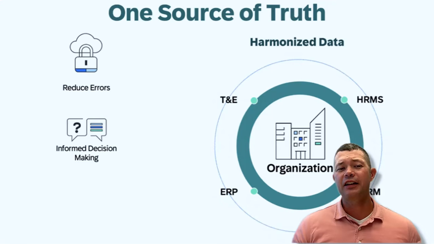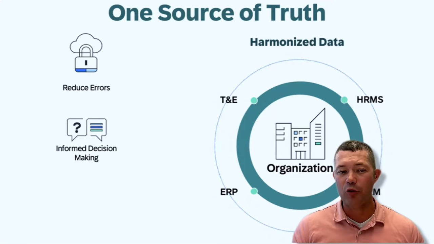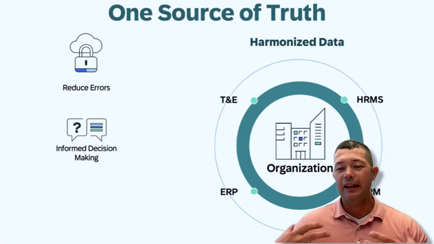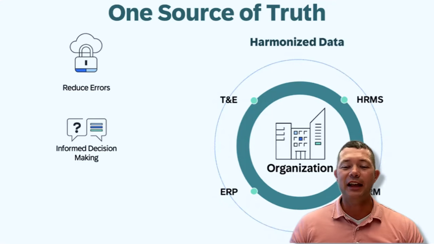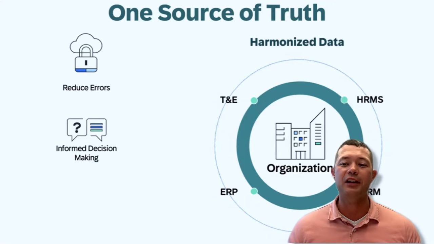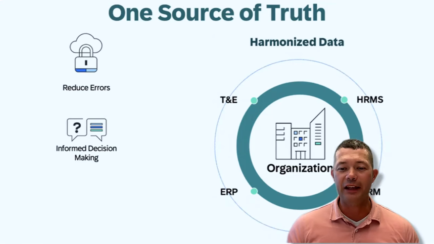Because there are fewer errors, you can be more confident in having more informed decision making. So when you have your information flowing and it's up to date, and you have a lot of faith in it because you know that it's built in that regard, then when you make a decision, you know that you're going to have all the various data points included in that decision.